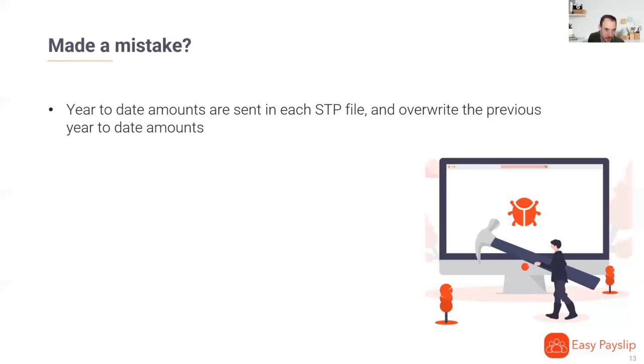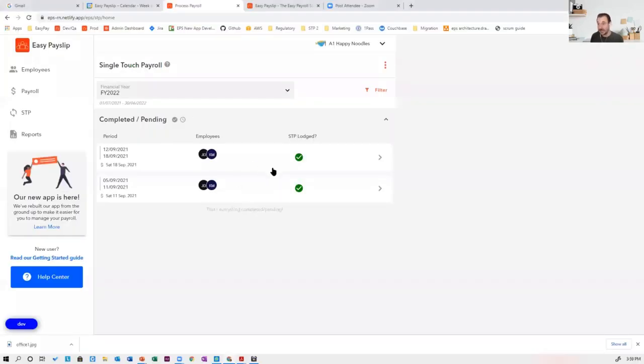Just one other question, when do we receive ATO confirmation? In the app, it usually takes anything from about 5 minutes up to, in theory, a couple of days. So around the end of the year, this time, like a few months ago, it was taking up to about 24 hours, but not much more. And ATO confirmation is really just going into that screen and seeing there's a tick there. What that tick is saying is that Easy Payslip has got an electronic message from the ATO saying your STP file has been received and it's been processed successfully.